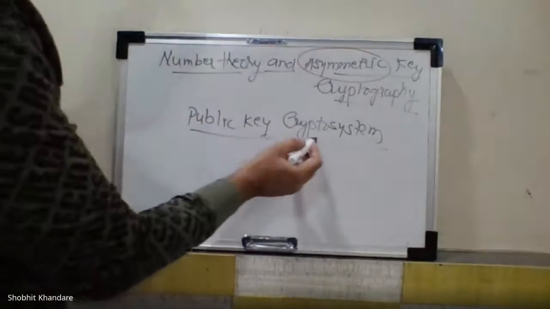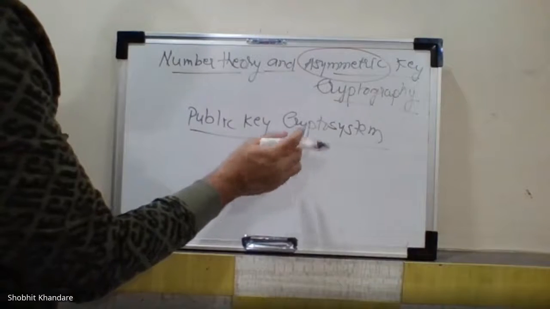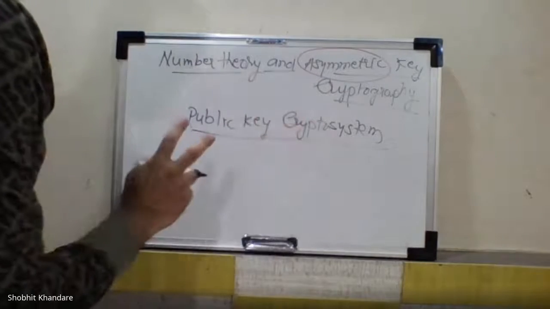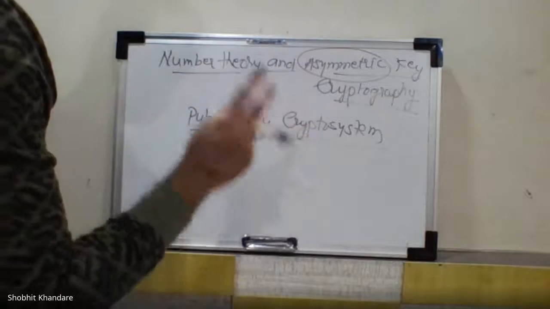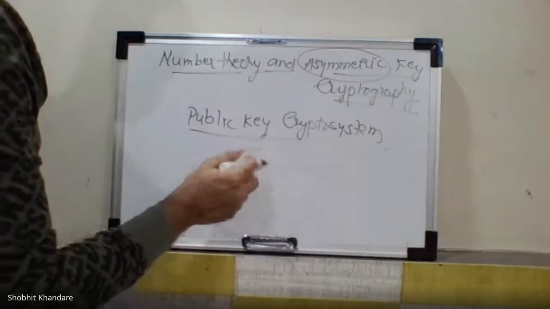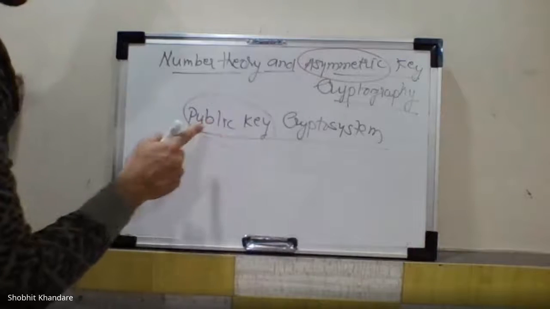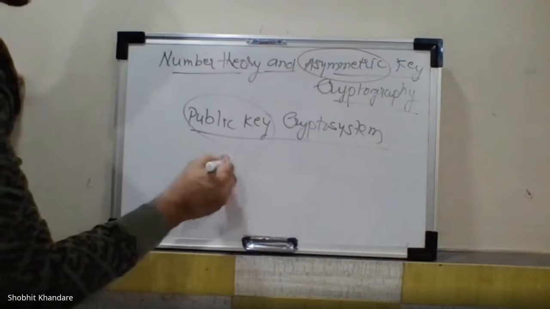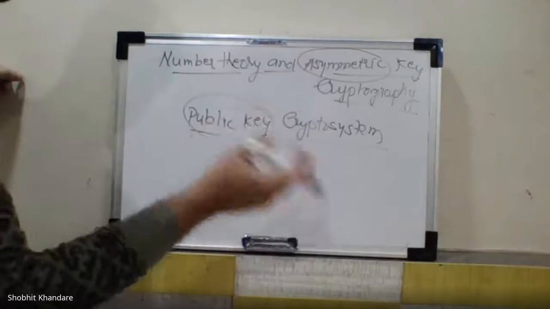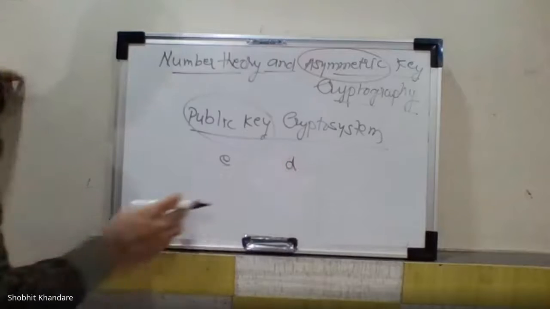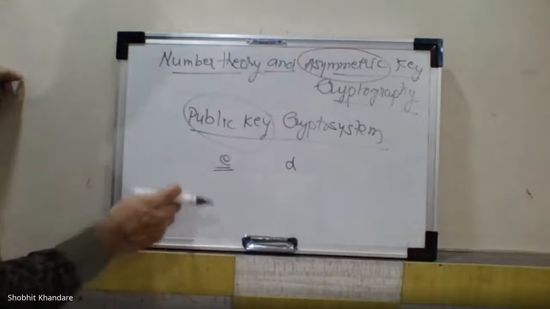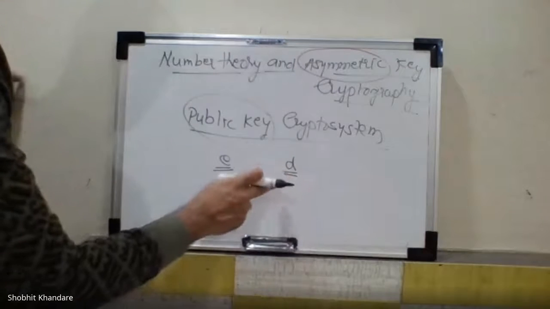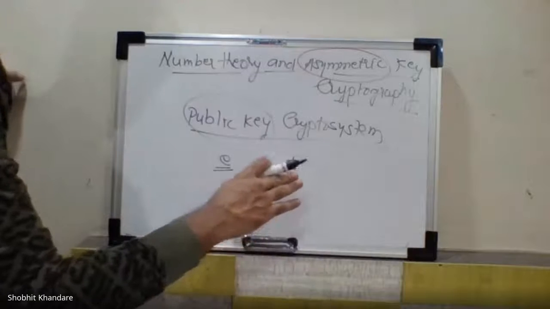So what is a crypto system? It is a concept in which we are doing encryption as well as decryption by using two different keys. Usually we do the encryption by using the public key, given by small e, and we decrypt by using the private key, called small d. So small e stands for the public key used at the encryption side, and small d is the private key used at the decryption side.